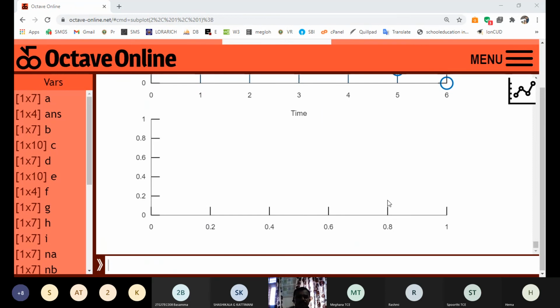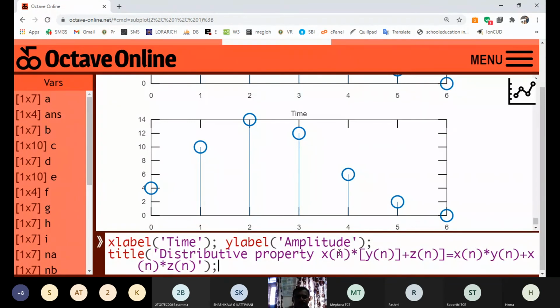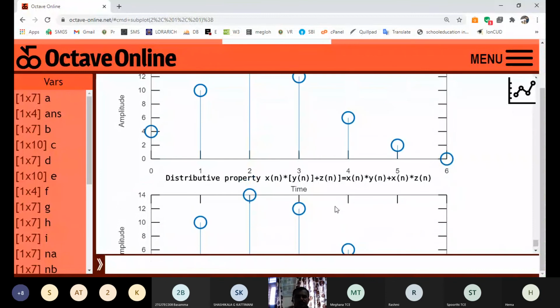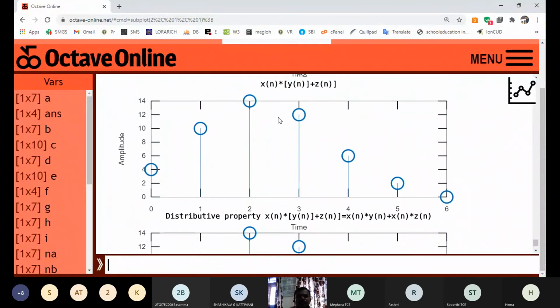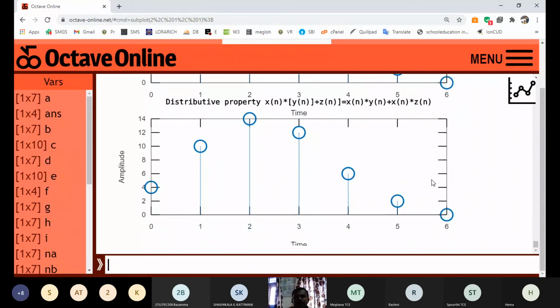In the second diagram I want to draw the RHS, that is the I signal. Then put the labels. You can observe, numerically we have shown it, but using the graphical approach also we are displaying the distributive property of linear convolution.